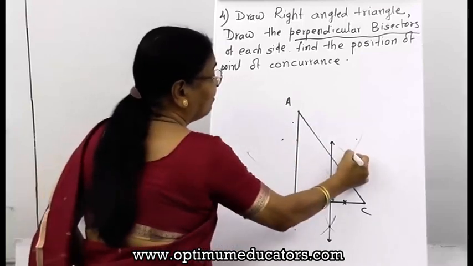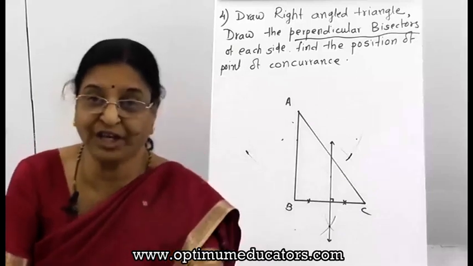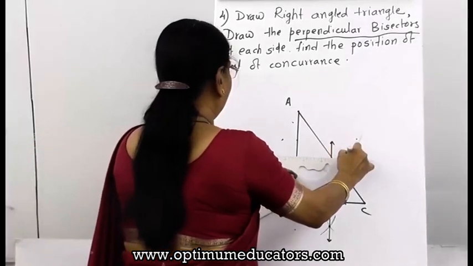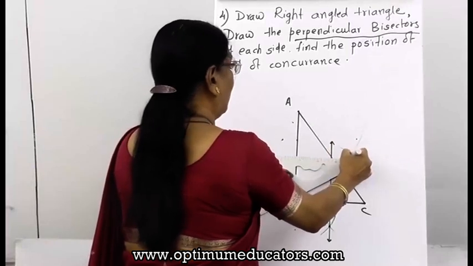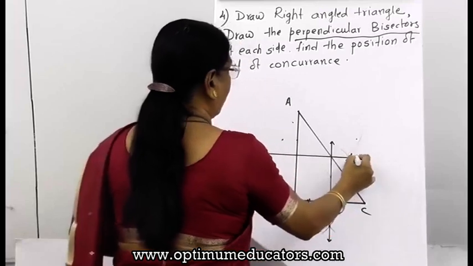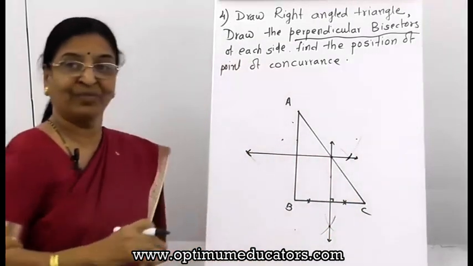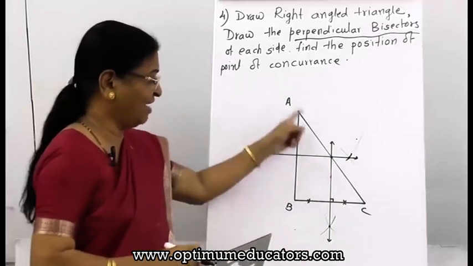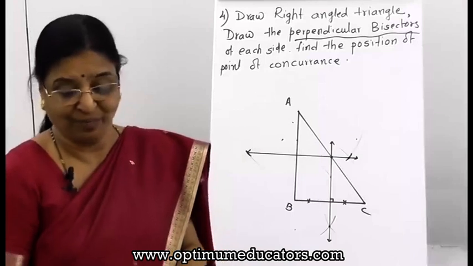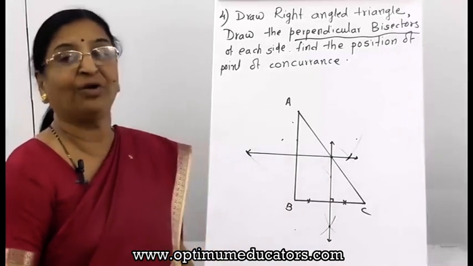You can check whether the points are here, and you can join these two points of intersection and see that this point is intersecting here. Is this the same point where AC is the midpoint of it? You can try for it also. That is the third perpendicular bisector also you have to draw.